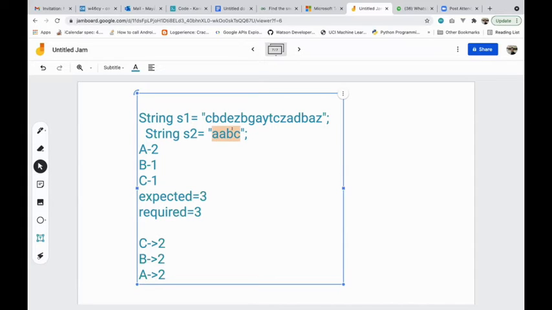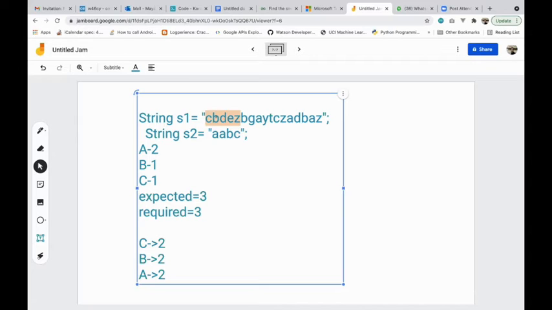The brute force, I think, should be basically creating all the substrings in this. And once I created a substring, I will search whether that substring has the required count of characters as in A, B, C. So say I created this substring, and then this is my second string, and then I will compare whether the required count of A, B, and C is equal to that thing or not, right?